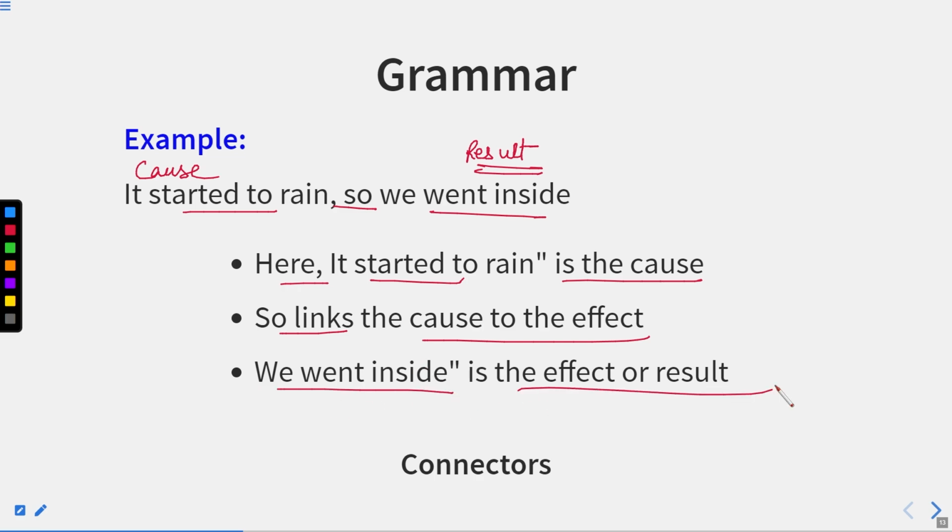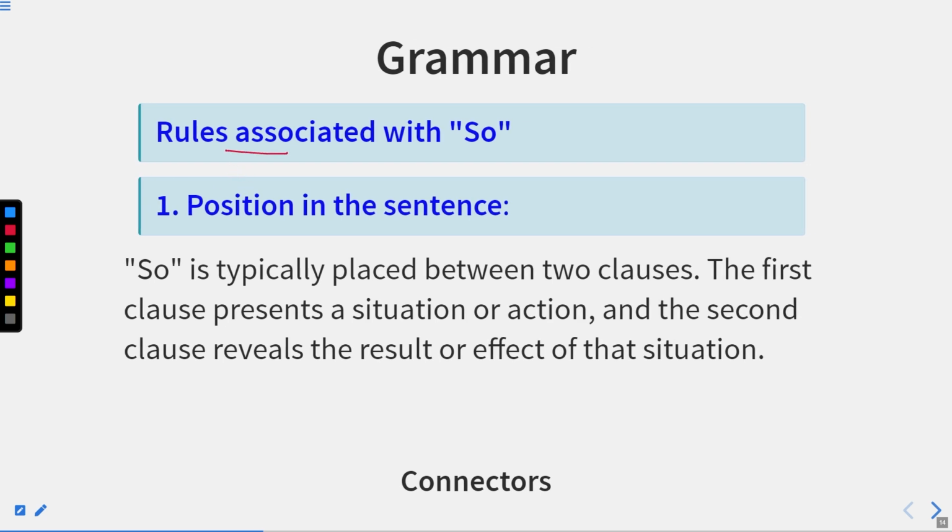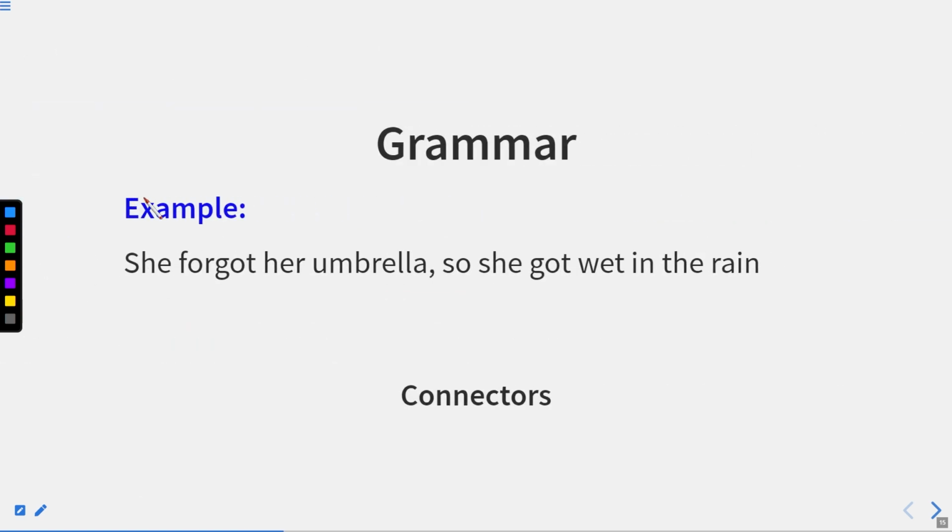Now let us move to the next one. Rules associated with so. Position in the sentence. So is typically placed between two clauses. So this is it. So is basically placed in the middle of the sentence actually. The first clause presents a situation or action, and the second clause reveals the result or effect of that situation. Example,